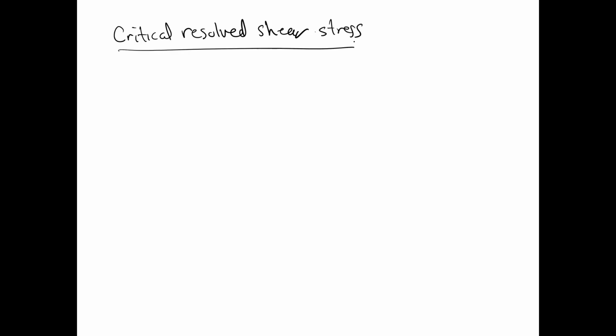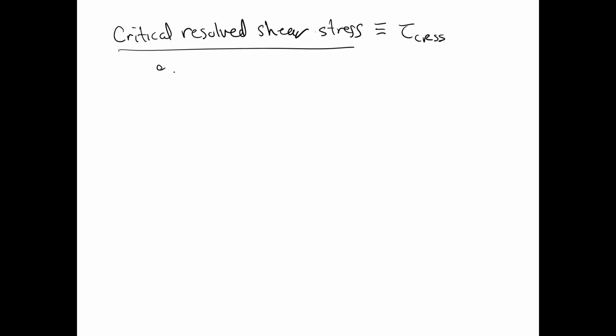Okay, so let's define another term that's related to this. Let's define this term, critical resolved shear stress. We've talked about resolved shear stress. Now we've got this term critical resolved shear stress. Now that's a little bit different. This is called tau sub CRSS, critical resolved shear stress. And this is defined as,